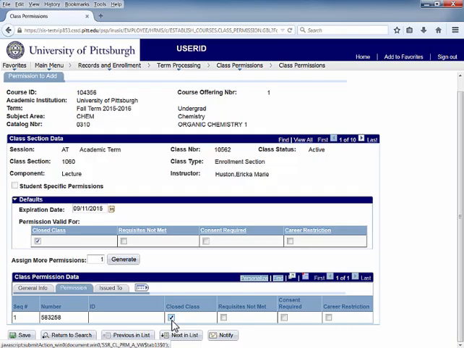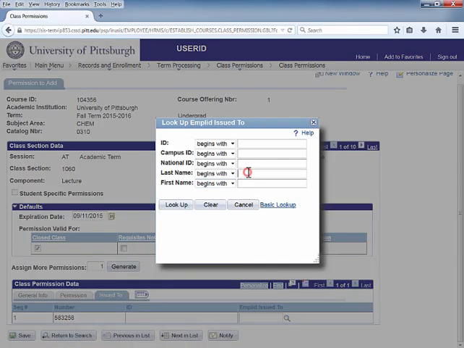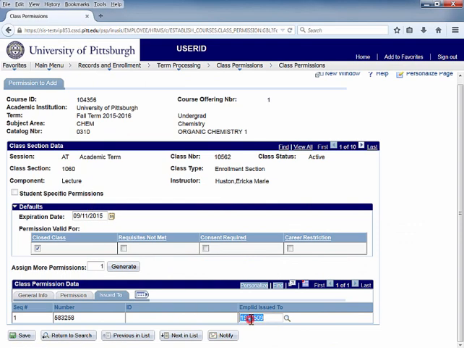The next step is to enter the EMPL ID of the student to whom I am issuing this permission number on the Issued To tab. I can either type the EMPL ID directly into the text box or click the magnifying glass to search for the student's EMPL ID based on some search criteria. Once I've entered the Issued To EMPL ID, I click the Save button to save the permission number with the EMPL ID. This permission number is now ready to be issued to student